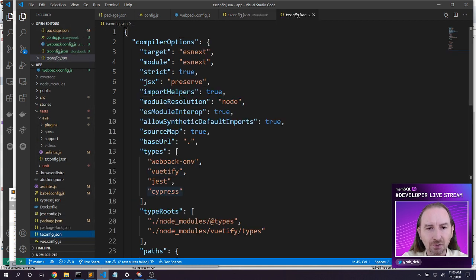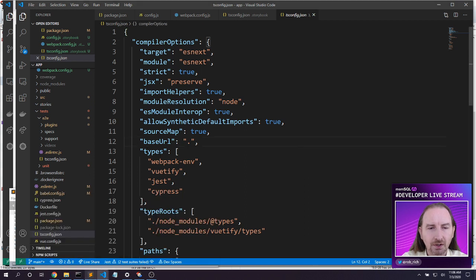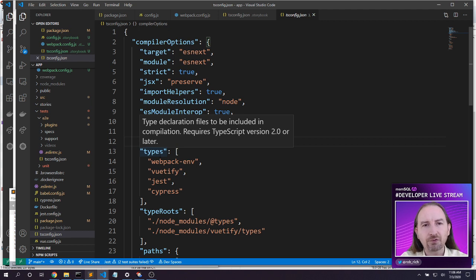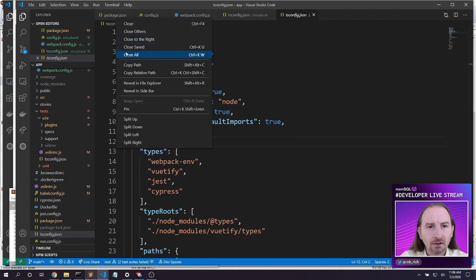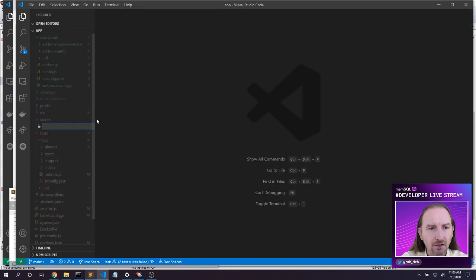to tell it, hey, go run Cypress. All of the Storybook typings came in just fine. So we've got our stories folder moved. We've got TypeScript rigged up. Let's create a new story. New file. Let's test